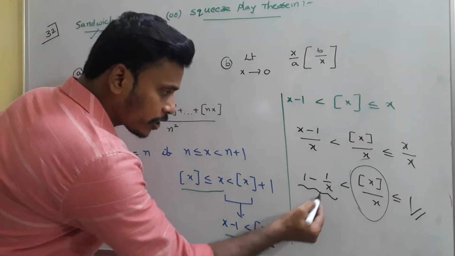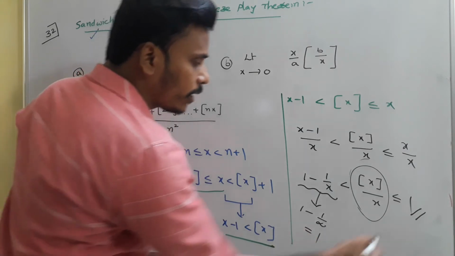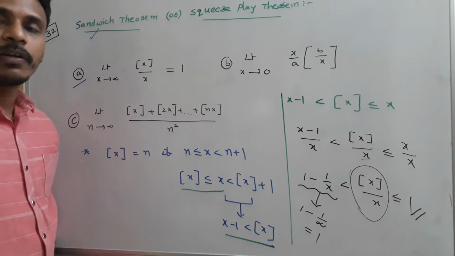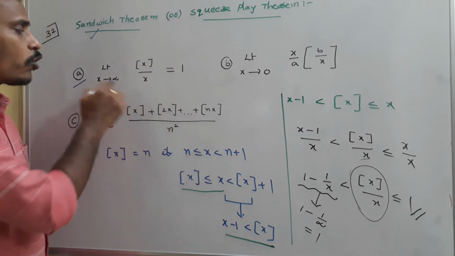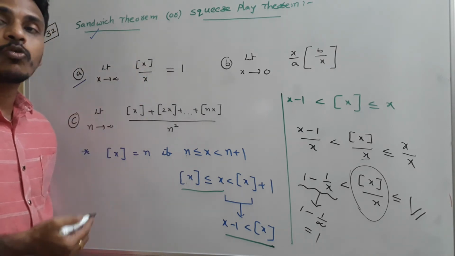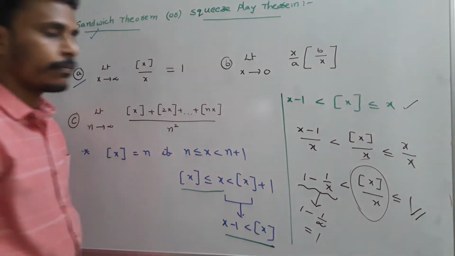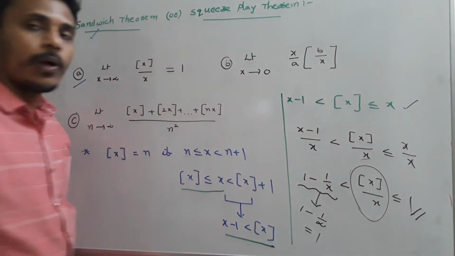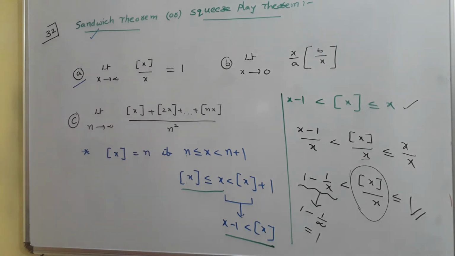Okay, so this function, as x is tending to infinity, 1 minus 1 by infinity is 1, that is clearly a constant. So the middle function also has limit value 1. So that's the problem. And see, to find limits for this type of function, the sandwich theorem helps us. But to apply the sandwich theorem, initially we need one inequality in this way. Since it is the step function, this is the basic inequality on step x and x. Have a look.